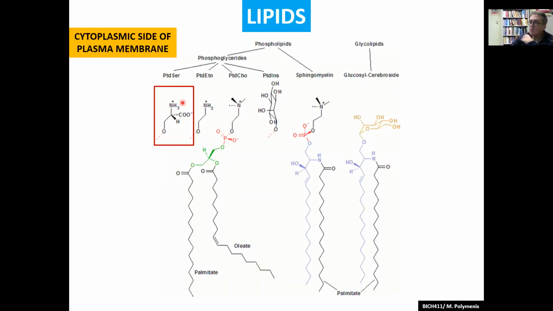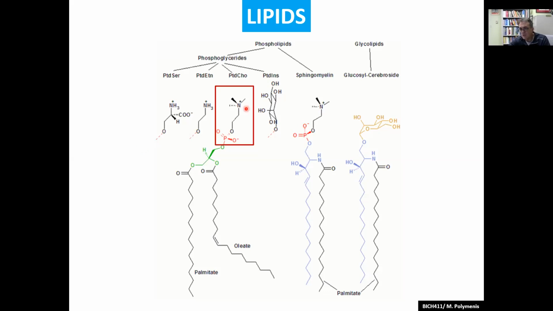Phosphatidylserine is... so why do cells go through this trouble? I mean, why do you have specific phospholipids? Why do we have all three? Let's say all of them. Well, it turns out that you can use them to tell which side of the membrane you are on, right? So on the cytoplasmic side of plasma membranes, we have a lot of phosphatidylserine. You don't find it on the outside; you find it on the inside. So you have the bilayer, and on one leaflet, the inside one, the one that faces inside the cell, you have phosphatidylserine, but not on the other leaflet that faces the outside. Right?